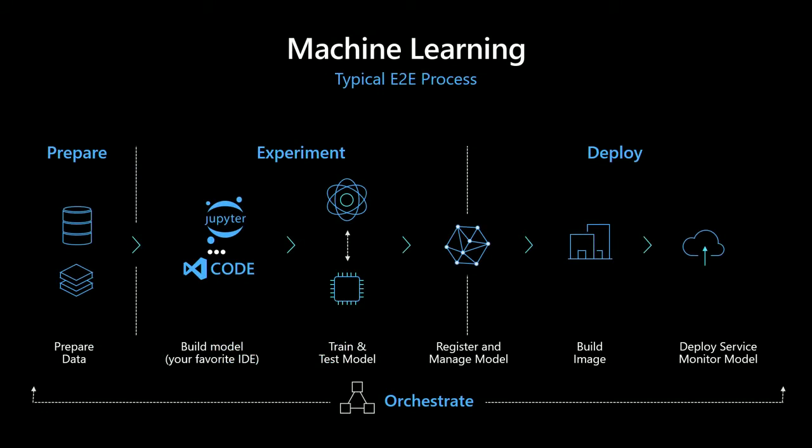All right, so if you look at a typical machine learning end-to-end process, and this is just one representation of the pipeline, there could be many representations, but typically, what we are accustomed to is that we prep data using a variety of data formats. We train a model, and training has several connotations to it. So you build and train a model, and you perform experimentation to arrive at the right model.